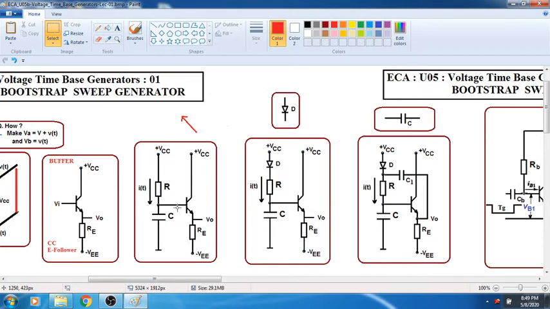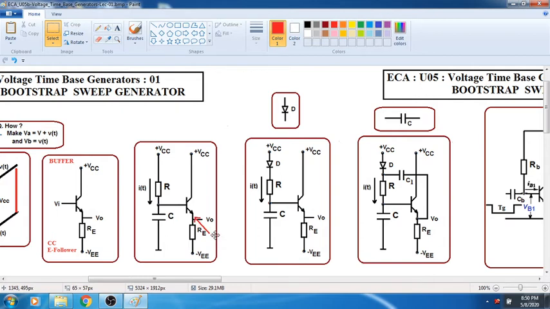Okay. Now the buffer is having a collector voltage of VCC, then emitter follower, no, we need an emitter resistor. This emitter resistor we are biasing in such a way that this is connected to the negative voltage. So obviously the base emitter junction will be forward biased. So even if this is 0, this is negative, this is forward biased. So whatever voltage is available at the base, that same voltage will be available at the emitter. Okay. Now first part is over. At the same time, these two are not directly connected, they are not loaded.